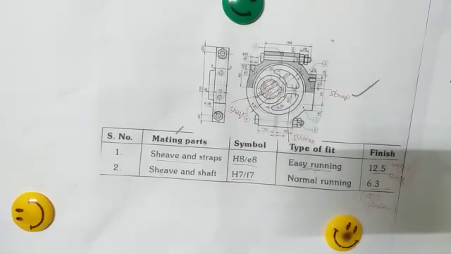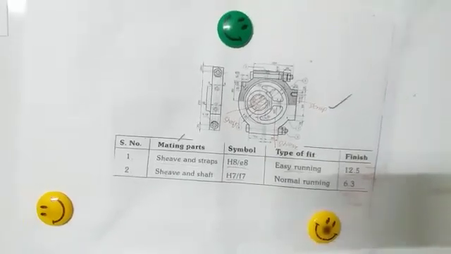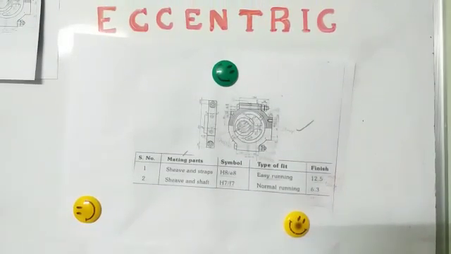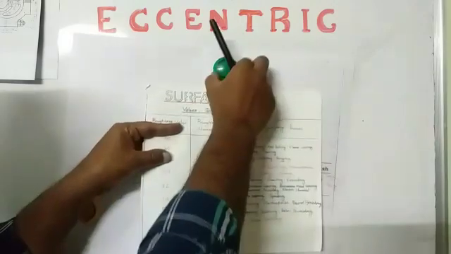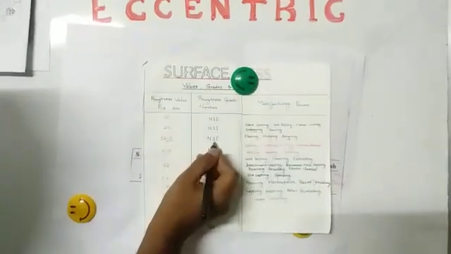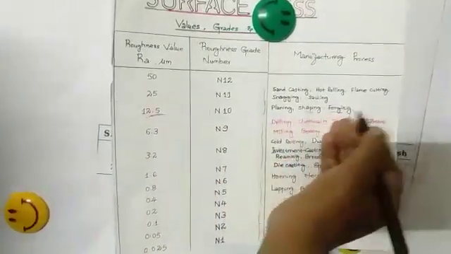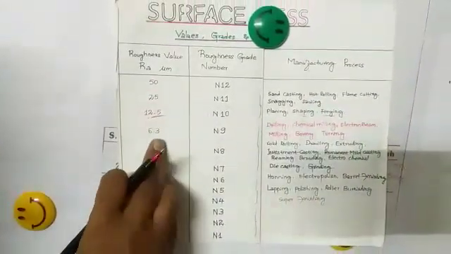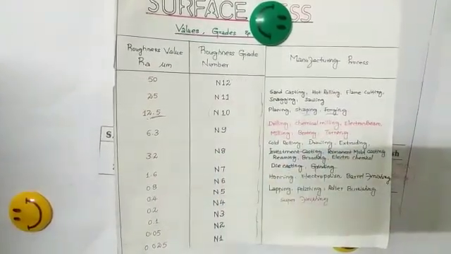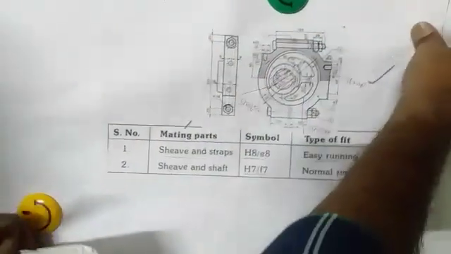Now 6.3 is machining operations. What kind of machining here? We have to turn, mill, then drill. So these are the machining operations we expect. Just to recount the basics I explained in the first session, 12.5 is the N10, which covers planing, shaping, forging, and casting also. Here 6.3 is drilling, chemical milling, and turning. So this completes our third question.